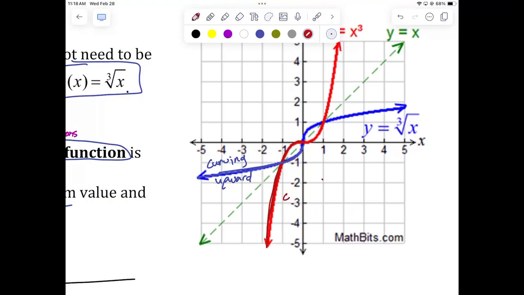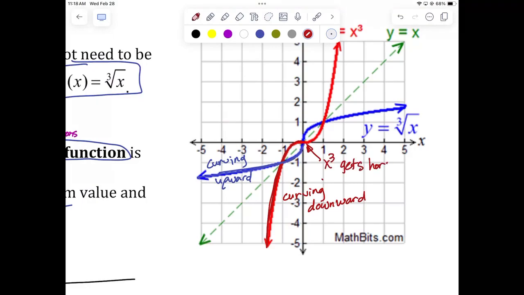Whereas the graph of x cubed is curving downward. Now here's the other important feature. X cubed gets horizontal right there at the origin. It actually flattens out to a singularity that's perfectly flat. What does that mean about its inverse then, right there at the origin? The cube root of x gets what? Vertical. Yeah, if you're a skateboarder, you're in good business right there because you're going to hit vert at